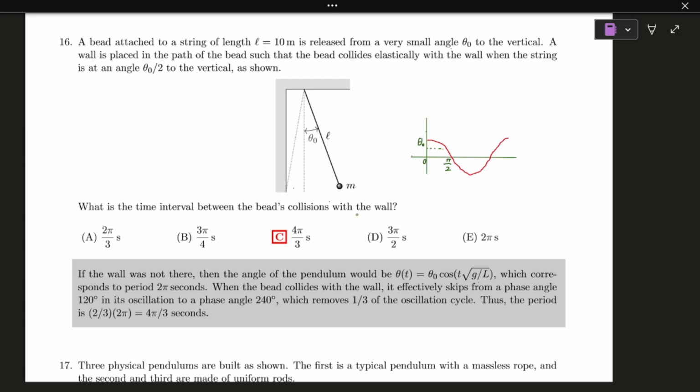The answer is correct. This solution is a bit involved here. There's a few points we can talk about. Let's just go through them. First off,